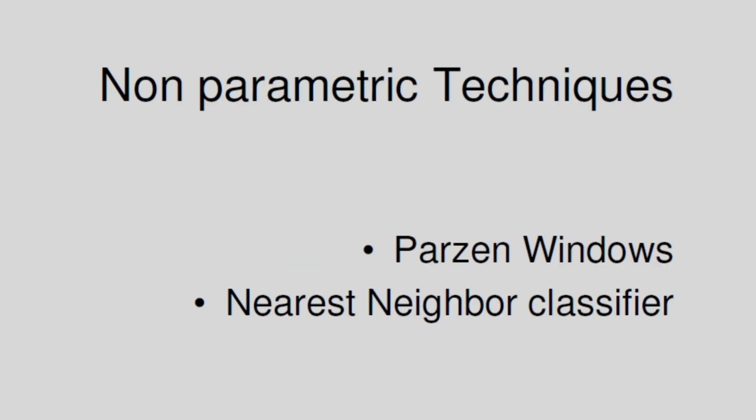Now I will discuss the concept of the non-parametric methods. In case of the non-parametric methods, as I have already explained, the density form is not available, but we have to estimate the density. There are two techniques: one is the Parzen window technique and another one is the k nearest neighbor technique. These two techniques I can consider.